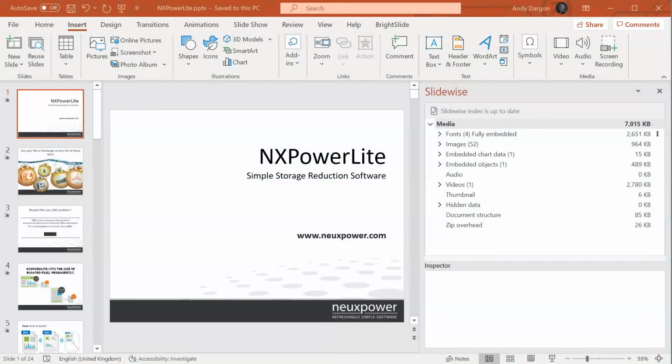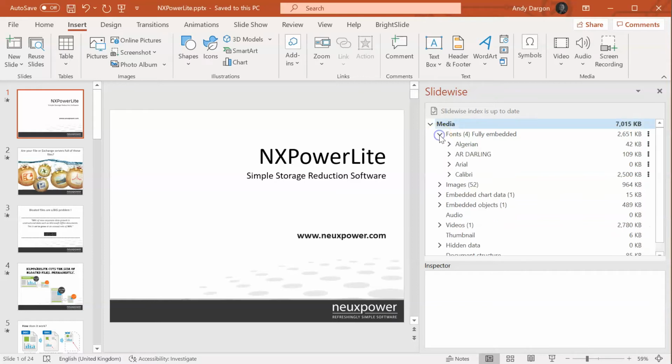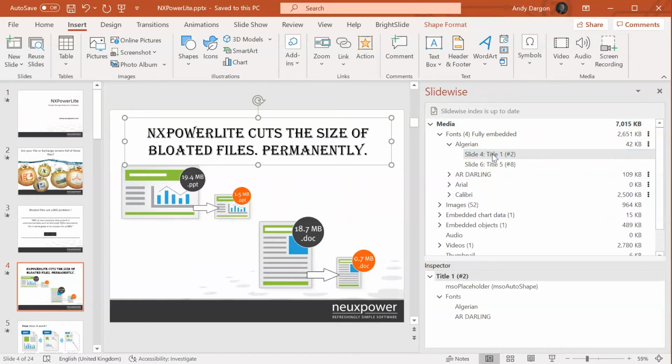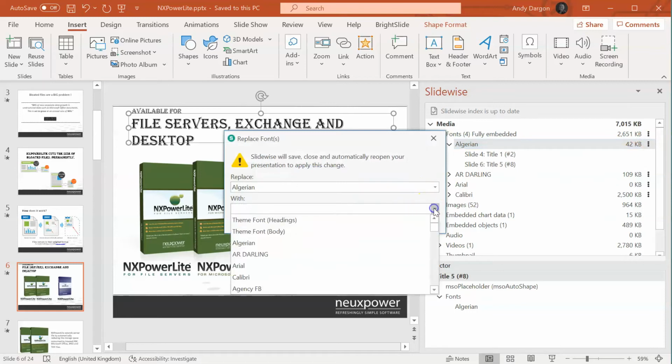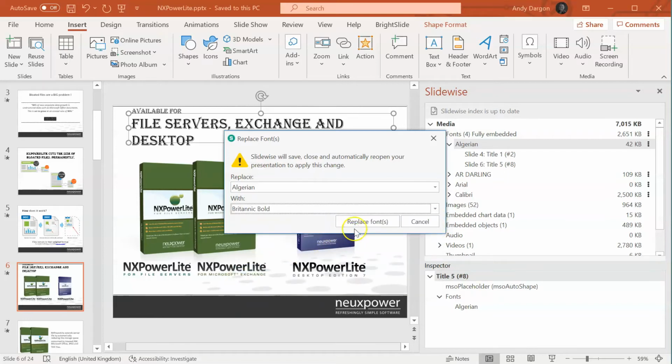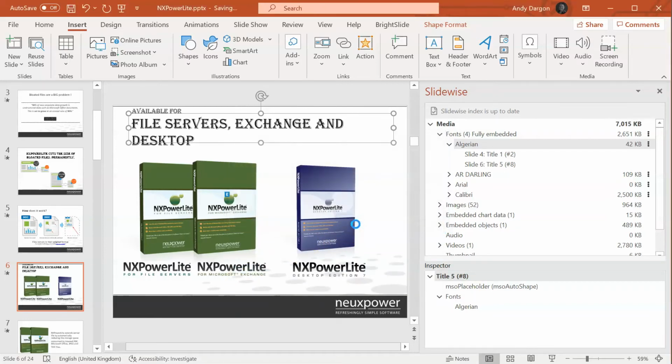Using Slidewise, we're able to see what fonts are being used in the presentation. If we drill down a bit, we'll be able to see each instance of a font. So in this case, the Algerian font is being used as a title on slide 4 and slide 6. Now I want to replace Algerian with another font. So I'm going to go to the Replace Fonts option in Slidewise and then replace it. In this case, I'm going to choose a font, probably Botanic Bold. I'll hit the Replace Fonts button and you'll notice that